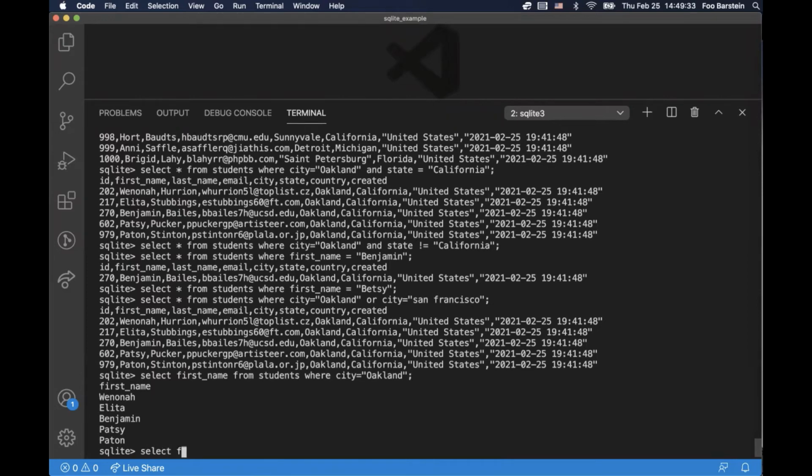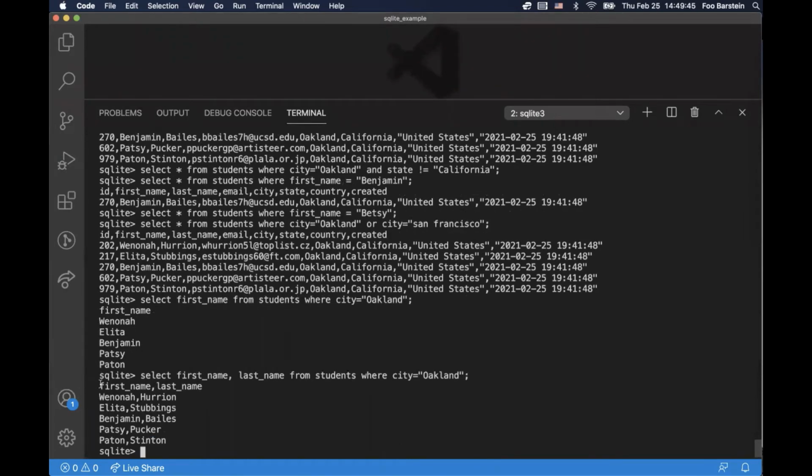So select first name, comma, last name from students where city equals Oakland. And I then get both of those, first name and last name for each student, right? So you can specify with a comma separated list of field names or a star which fields you want to get. If I wanted to get all the students whose name starts with Ben, then I would do select, let's say first name, last name,